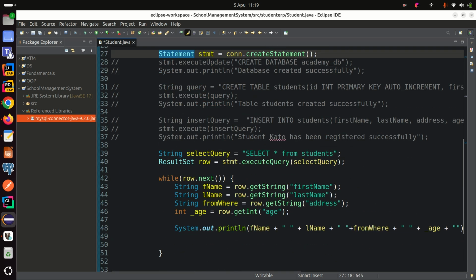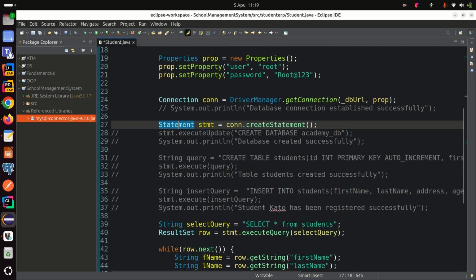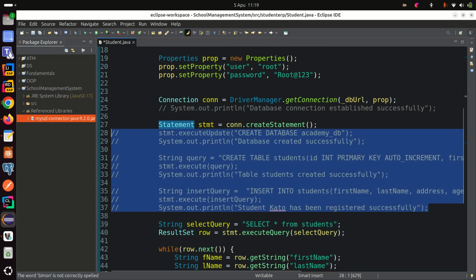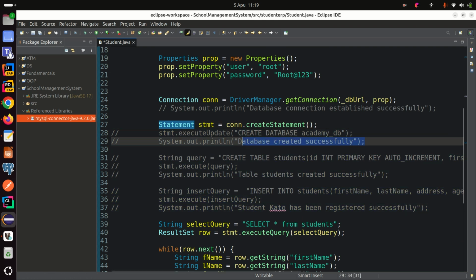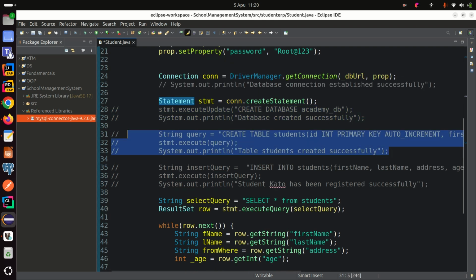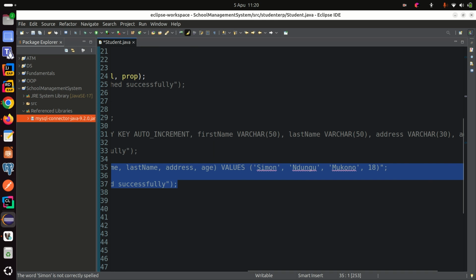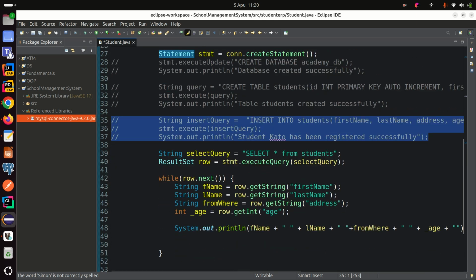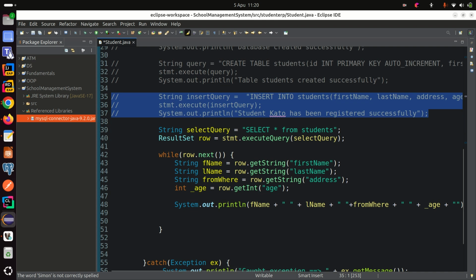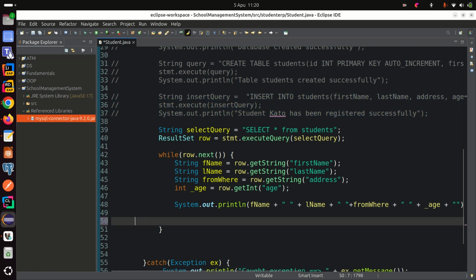And of course, the commented out code, we also looked at how we create a database dynamically. Here I commented it out because we already created the database. We saw we can create a table. We also saw how we can insert information, which was static in this case. And then we also saw how to pull the data from the database, because if I run this, for example,